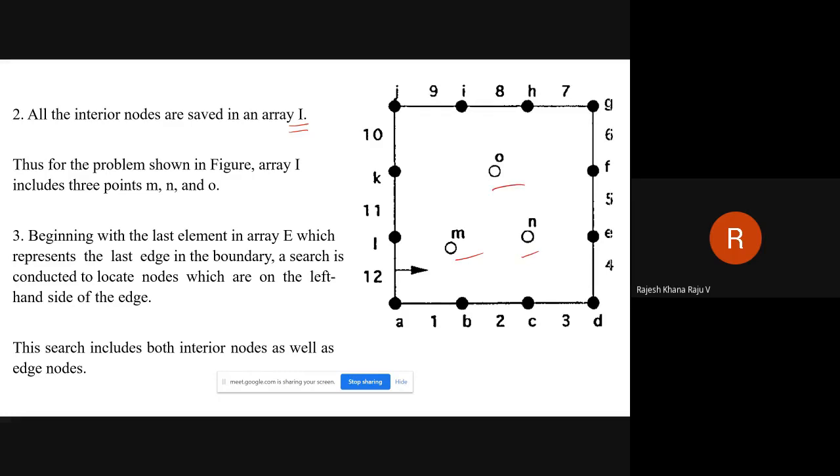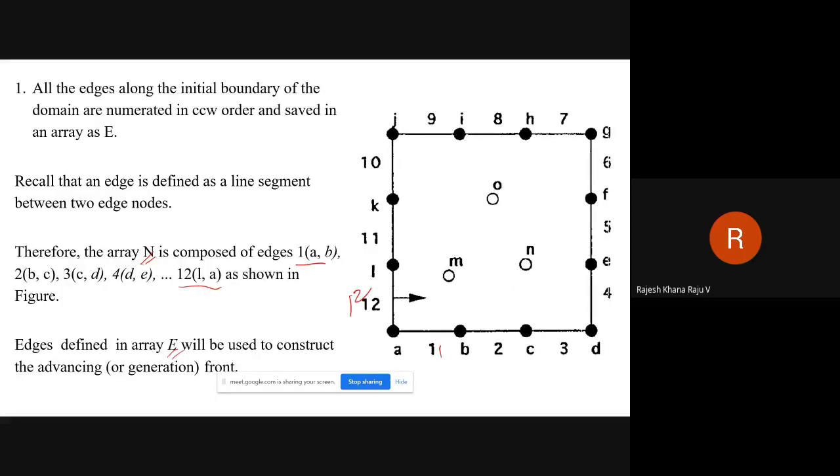So what we will do, this is your array E, not N. In this particular array E, the last entry is 12.